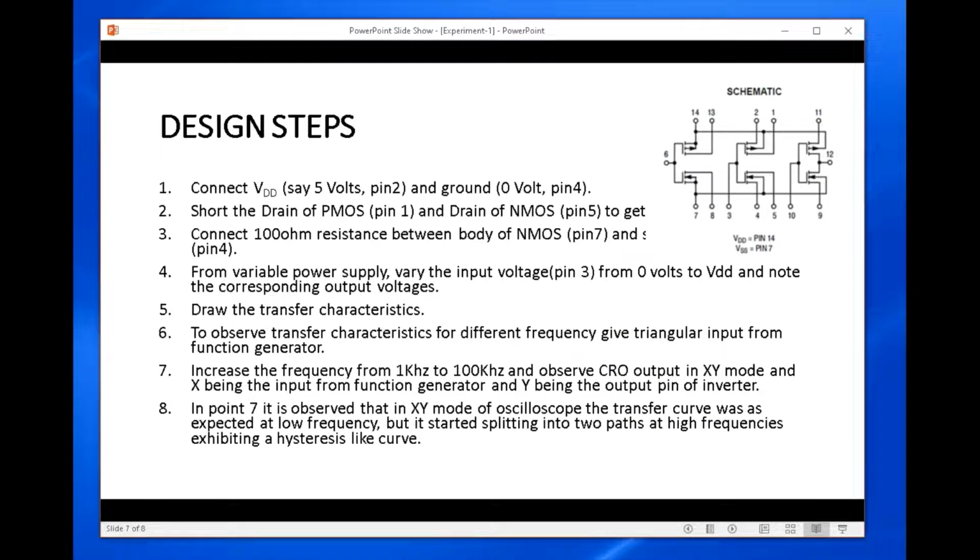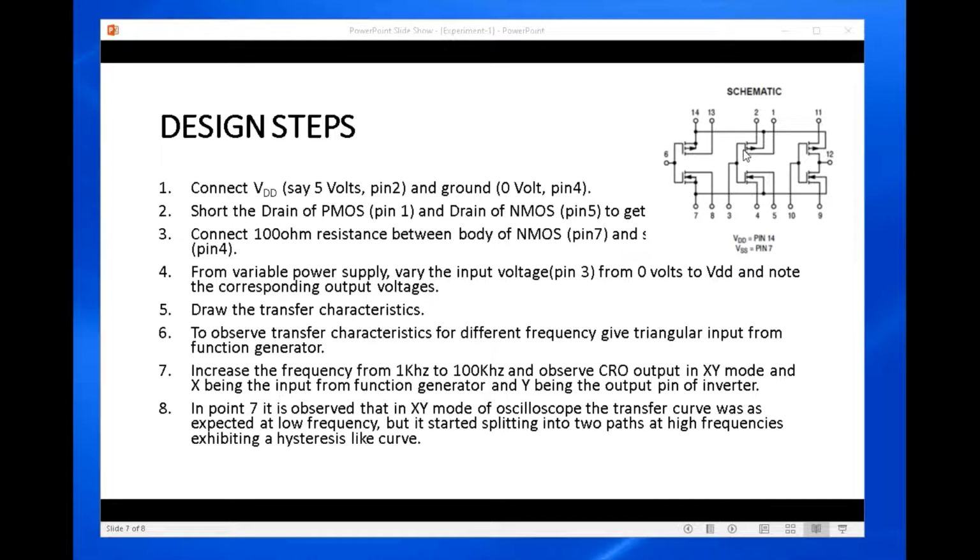So the design steps you follow: you connect VDD and ground to the respective points. For example, you connect VDD to pin number 2. Between pin number 2, pin number 1 and pin number 3, there is a PMOS. How do you know it's a PMOS?